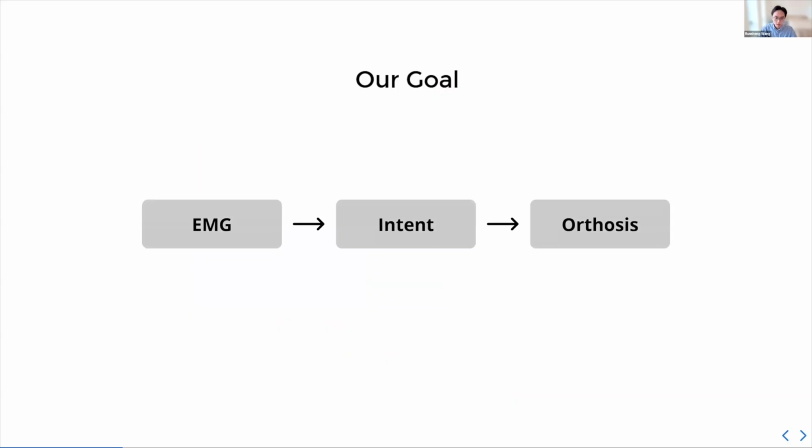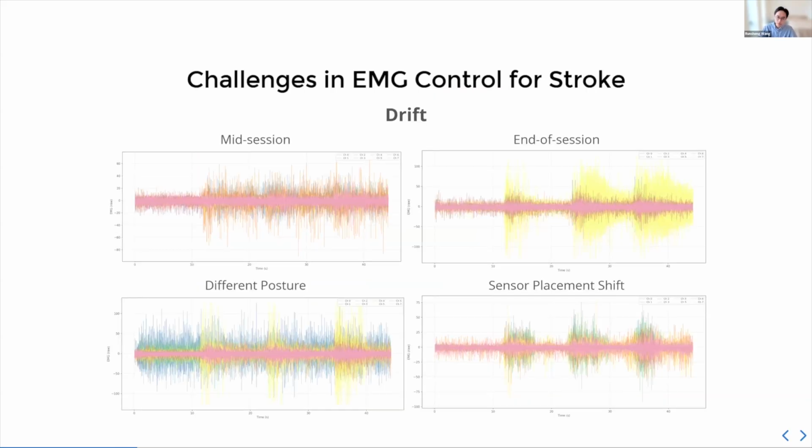So once again, what do we want? We're trying to turn EMG into an intent, the intended gesture, and use it to control the device. And as it turns out, this is a difficult problem in 2 ways. The first being that everybody is different. Even in a healthy population, the signals can vary drastically.